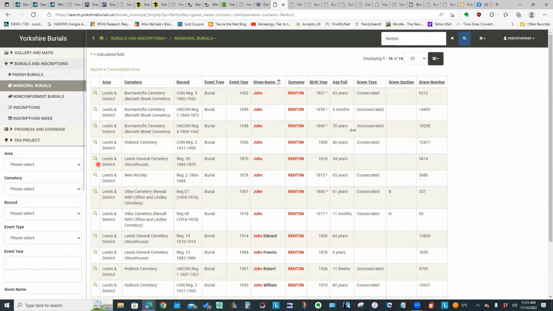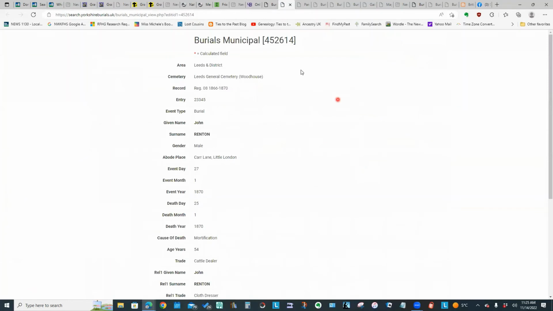So to see a particular entry, all I would do is click on this line, and we now have far more information because in many cases, they have also put in the information from the actual burial registers. So in this case, we are getting the entry number from the burial register. We're getting the name of the person, where they lived, when the burial took place. And in this case, the burial register also had the death date.